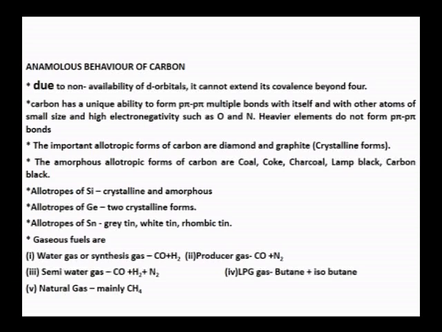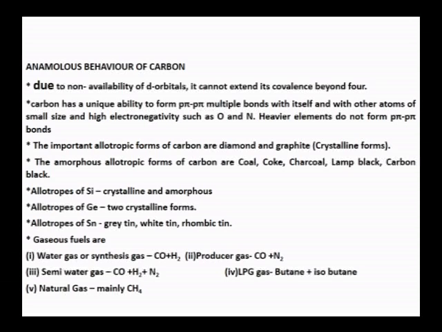And coming to carbon, not only carbon, the topmost member of any element in the periodic table in each group will have some anomalous properties, and in the 14th group the topmost element, carbon, also exhibits some of the most important anomalous properties. Due to non-availability of d orbitals, the covalency of carbon cannot go beyond 4, and carbon has the unique ability